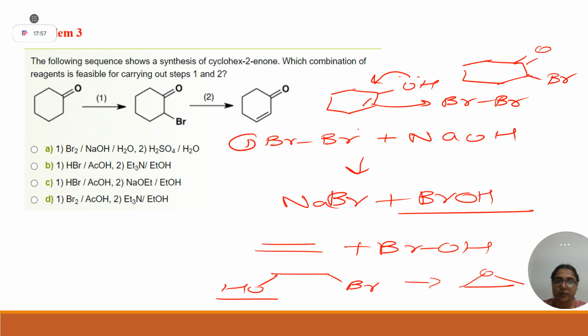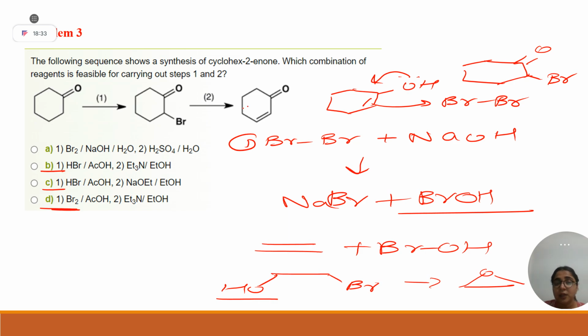Understood? So in step 1, two options are possible. Option number B, C. D is also possible, that acetic acid is going to protonate. But let's see what is happening in step 2. D is also possible, right, student? But you have understood why option number 1 is not possible? Sodium hydroxide is a strong base, but before abstracting this proton, it will undergo bromohydrin formation.